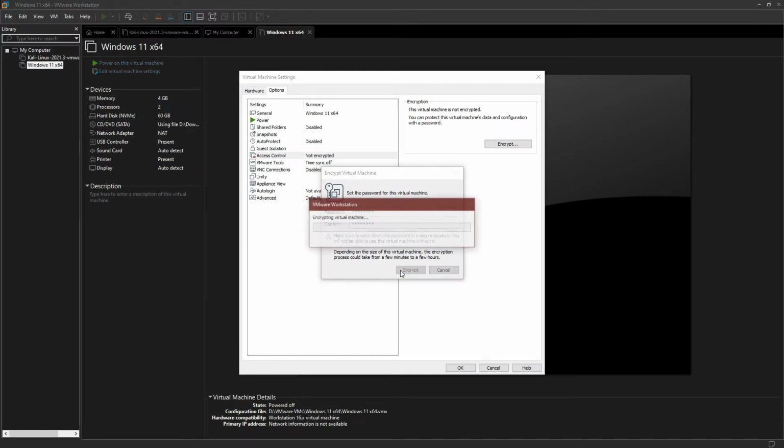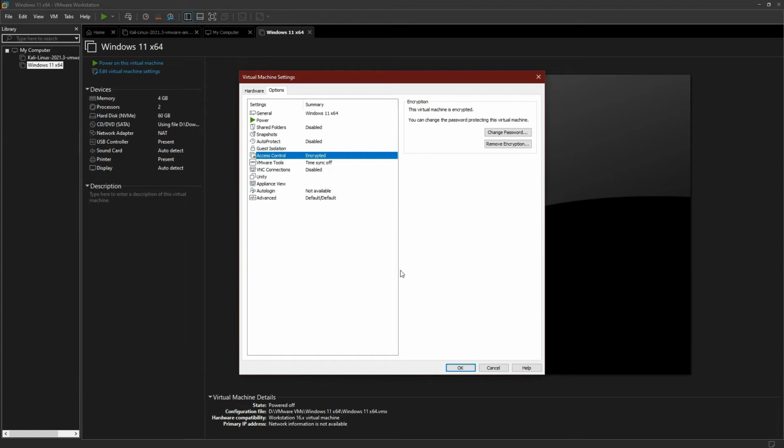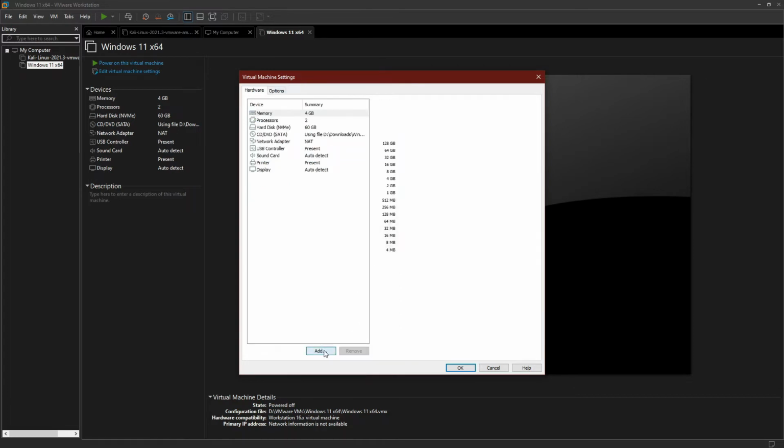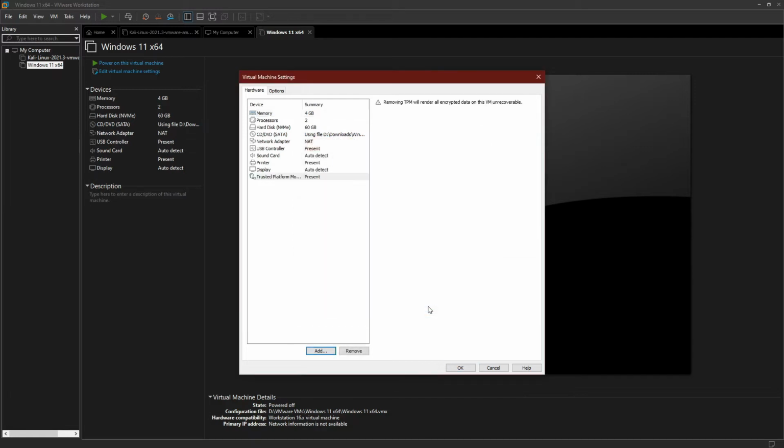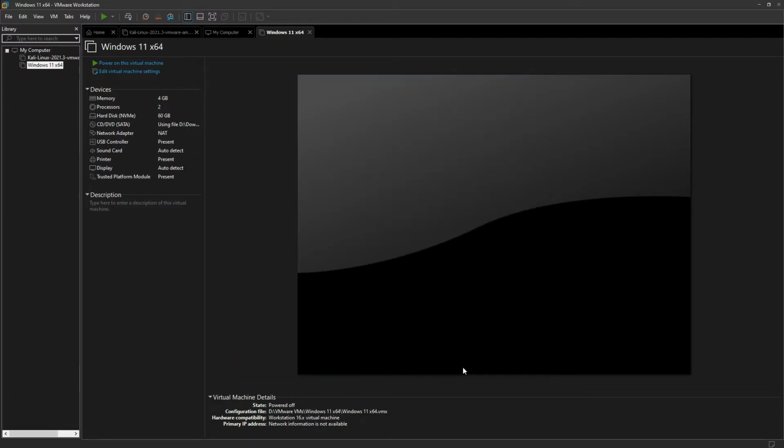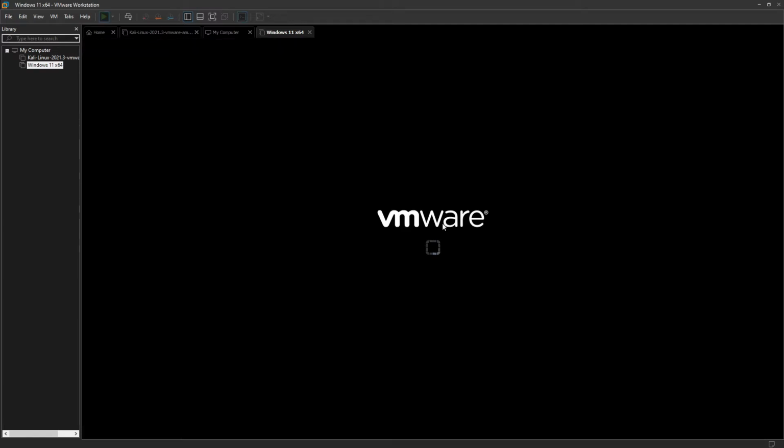And click on Encrypt. Now the next part. Go back into the Hardware tab and click Add. Click on Trusted Platform Module and click on Finish. And OK. Now power up this virtual machine and get ready to press any key.